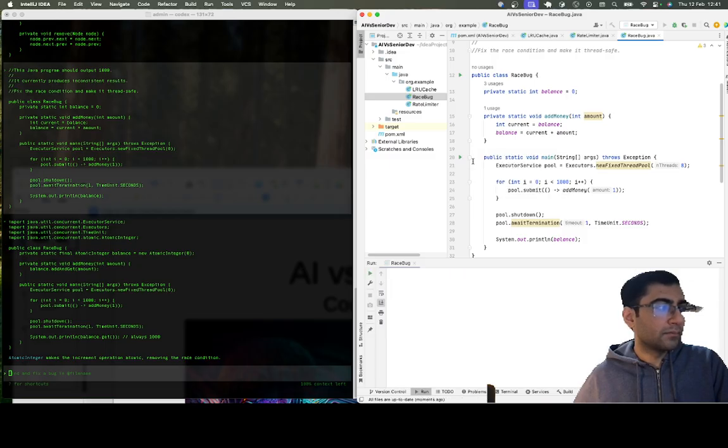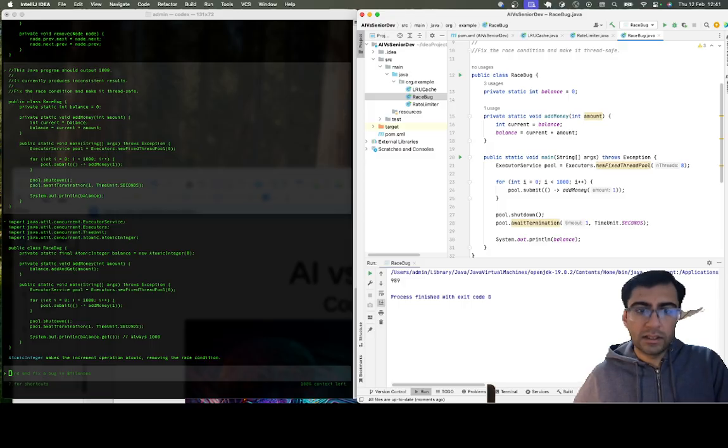981, 993, 989, and so on. We basically have a concurrency bug. Because multiple threads read and write the same variable, some updates get lost. That's a race condition. So my solution to this would be, instead of using an integer, you use an atomic